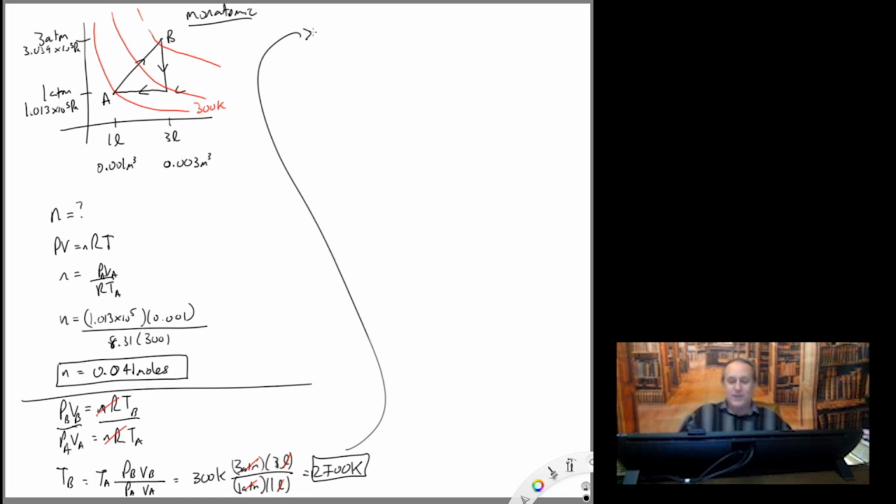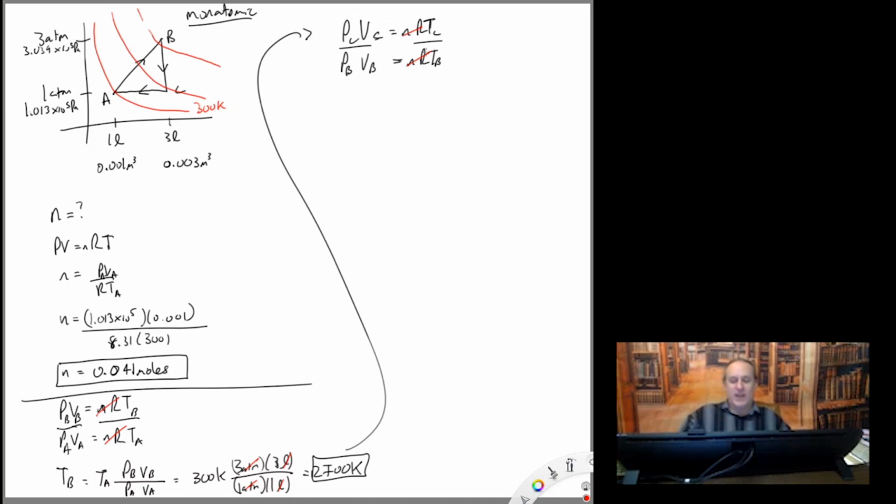And now I can do the same thing to find TC. So we just write down PC VC equals nRTC. And we could pick point A or point B. Let's pick B. PB VB equals nRTB. It really doesn't matter what other point we pick. I didn't put any thought into that at all. I just picked one. And then I look at my pressures and volumes,